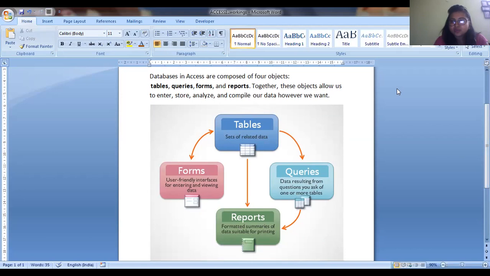So as you got a glimpse of the objects, our syllabus revolves around these four things only: tables, queries, reports, and forms. Today we'll be starting with the basics of Microsoft Access, where I'll tell you how to start and how table creation can be done.